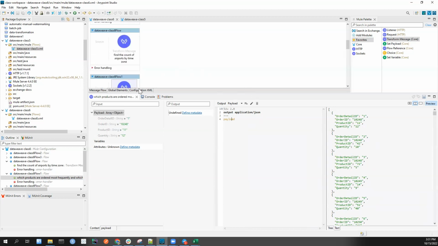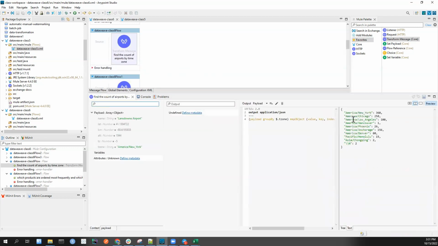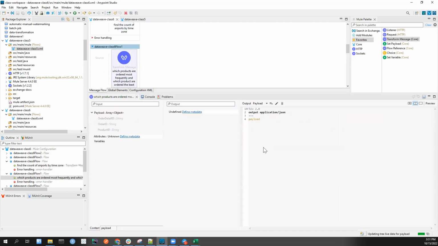So what we are doing here is in the airport it gave us this result, right? So from this question, which time zone has the highest number of airports, which will be this one, and which has the least number of airports, which will be this one. So here also,